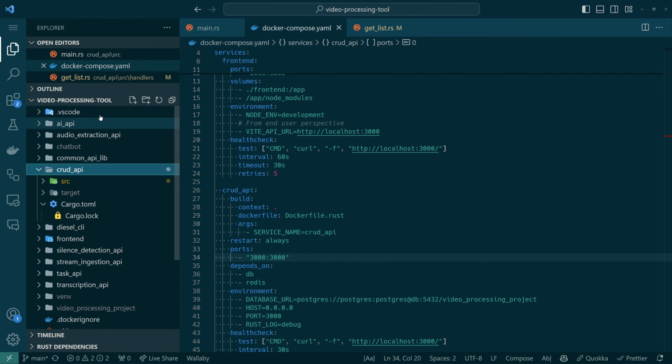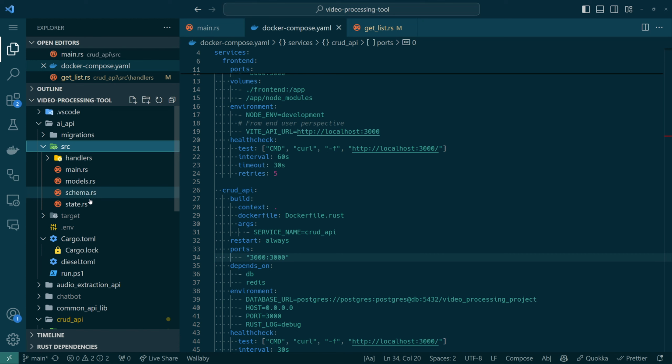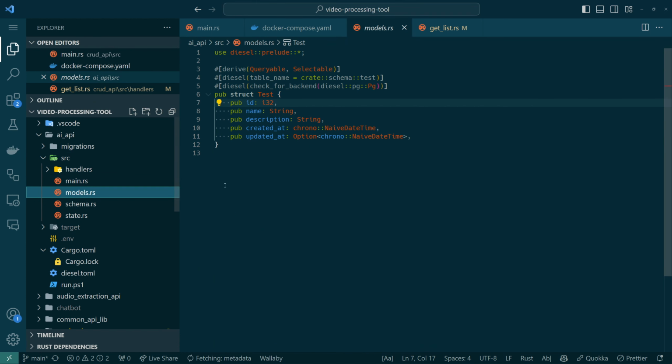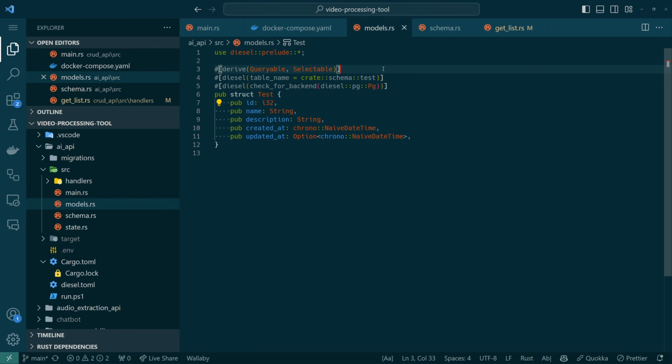I don't really remember. Let's take a look at what I did last time. Last time around, we have a models.rs, and we have a schema.rs. Now, I note here in schema.rs that this was generated automatically by the Diesel CLI, but models.rs is not. I think what we're supposed to do, and I could go look at the Diesel documentation, is define this models.rs and then use the Diesel CLI to then create the